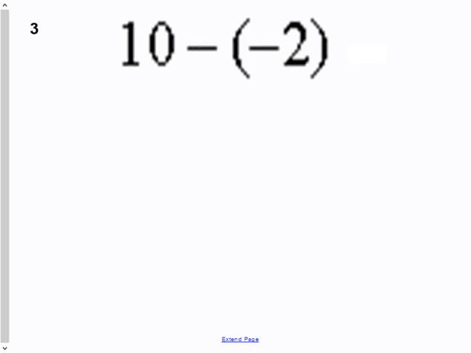Question 3, we have subtraction. And before you do this, remember that I have never subtracted a question for integers in my life. I always change it to something and do something. So go ahead and try that and see if you can get the right answer. Press pause here.